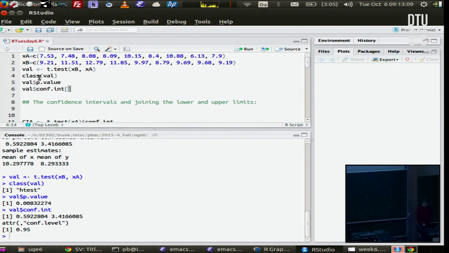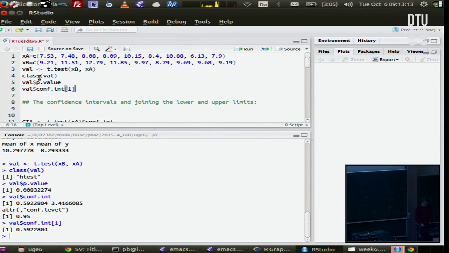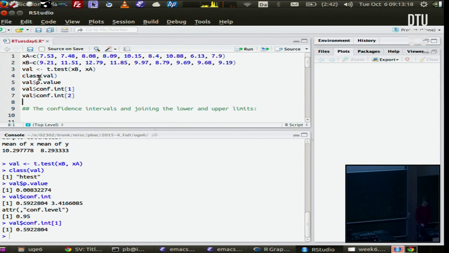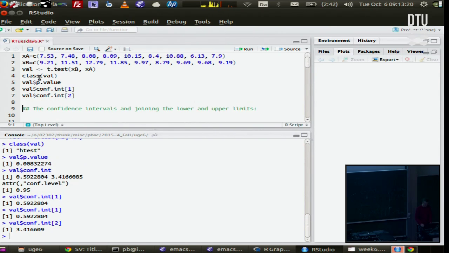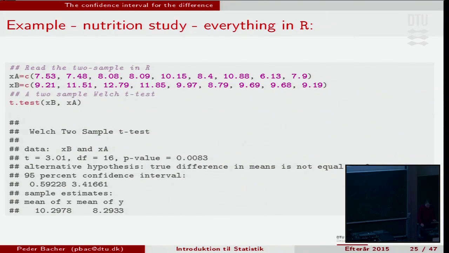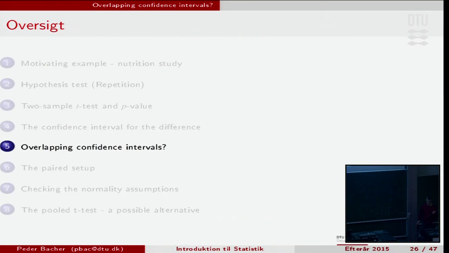And if I wanted to take the lower limit, I could just write 1 here, take the first element, that's the lower limit, and the upper limit would be the second element. So if you wanted to use this in some other calculations, you could take them out like that. Maybe in the projects you need to do that. Okay. Then the next